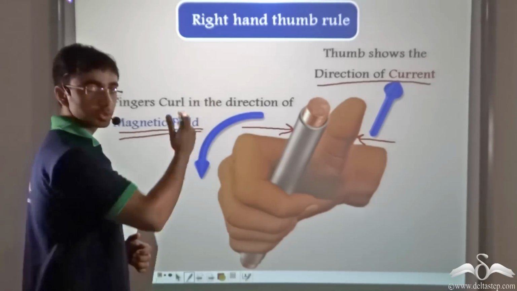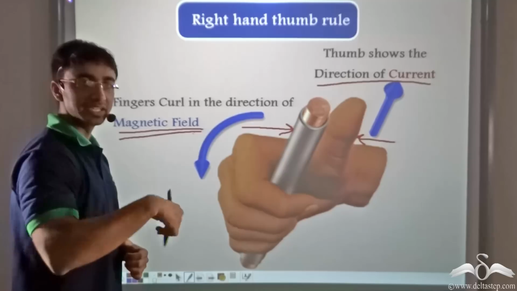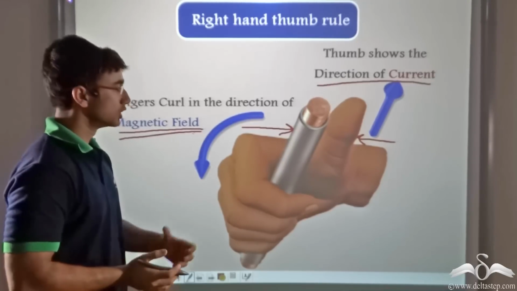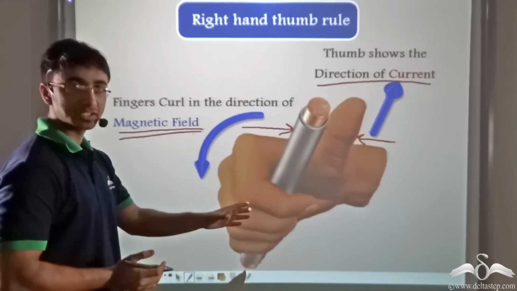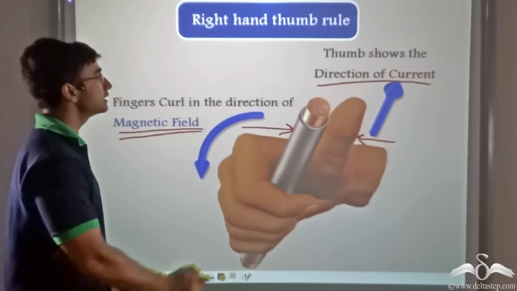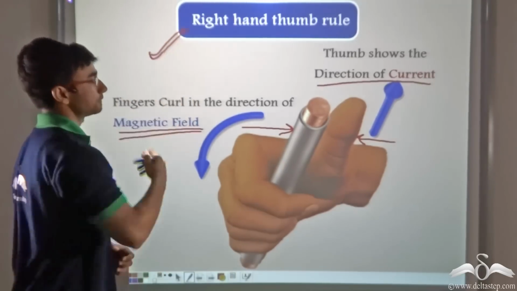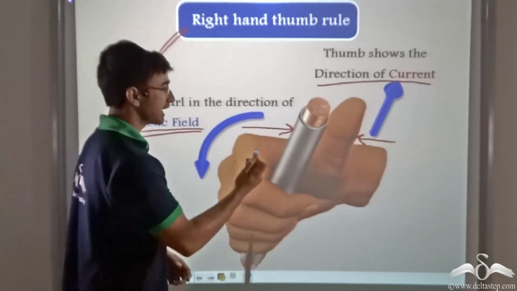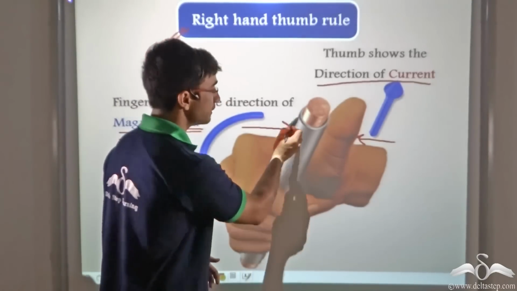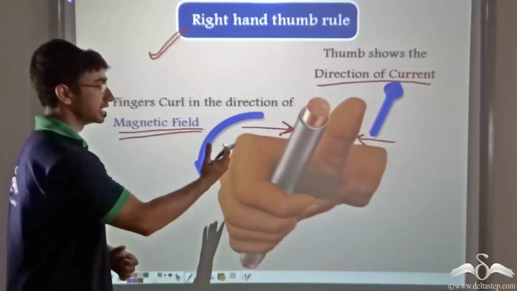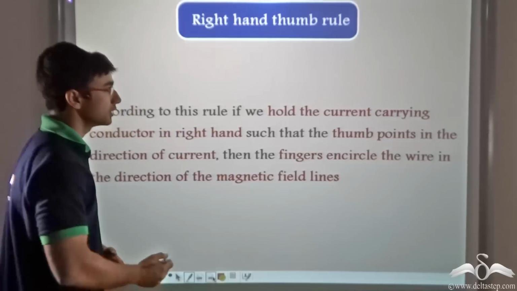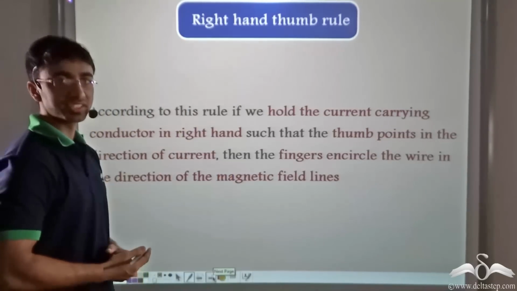And we have found out from the experiment that the magnetic field is in circles around the conductor. So over here, the direction of magnetic field can be easily determined by the right hand thumb rule. Now while you're holding the conductor, make sure to be careful because current will be flowing through the conductor while you determine the direction of magnetic field. So what does the right hand thumb rule state?